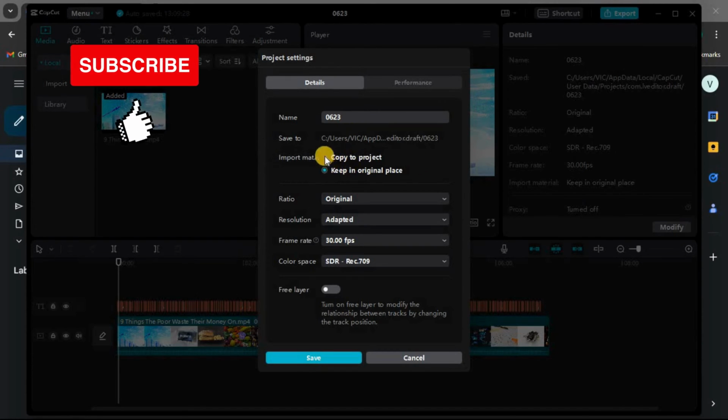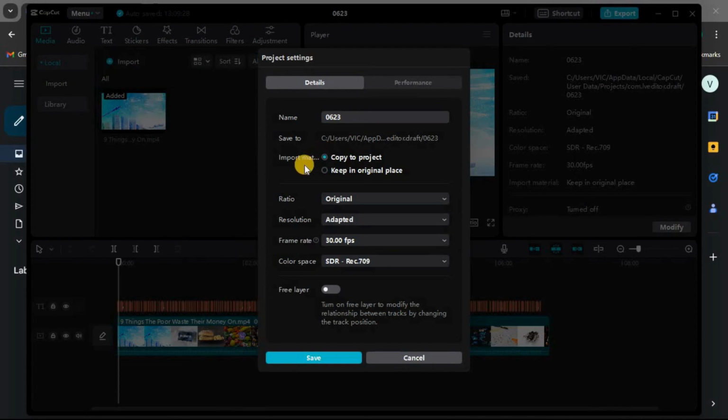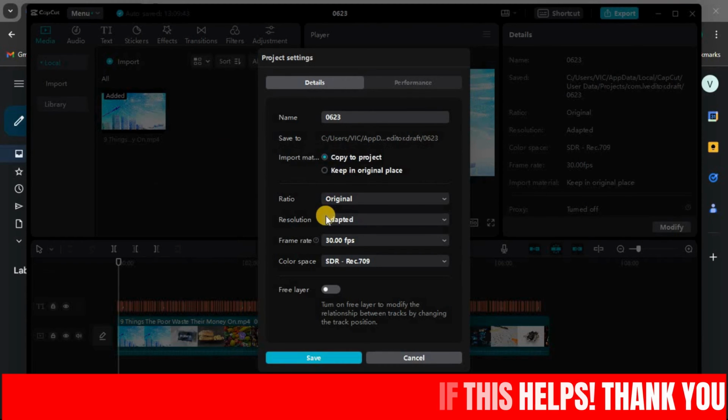Now if you click copy to project, this means that you import material. Whenever you add anything to this project, it will be added to the project location of this project. Now by doing so, you'll be able to share